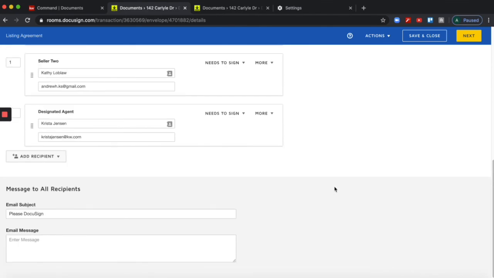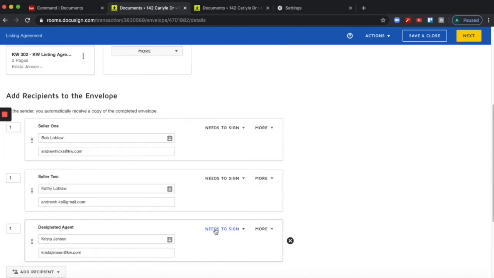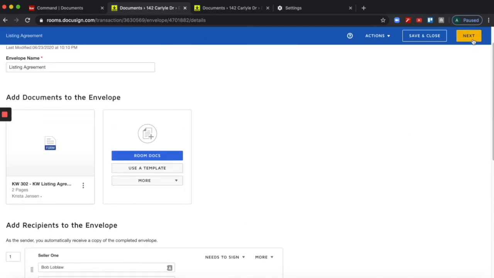Now if we scroll down a little bit more, you can see we can change the subject of the email that they receive. We can put in a little email message as well. So once we're satisfied with that, we are ready to go. We can just hit the next button, and that is where we'll be able to add signatures in there if we need to. We can add text boxes, all that information, which I will show you in the very next video. So definitely stay tuned for that, and we'll work through that part and continue